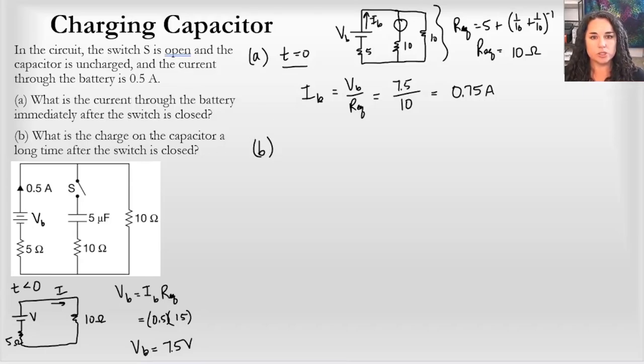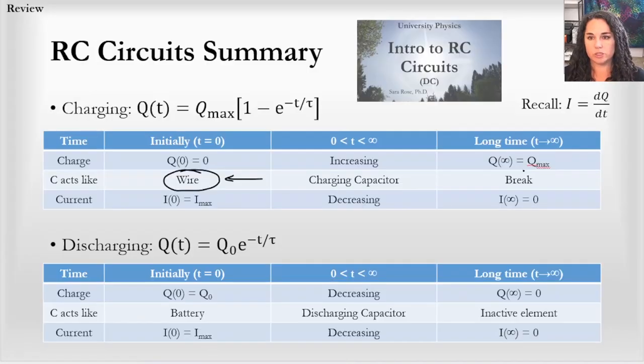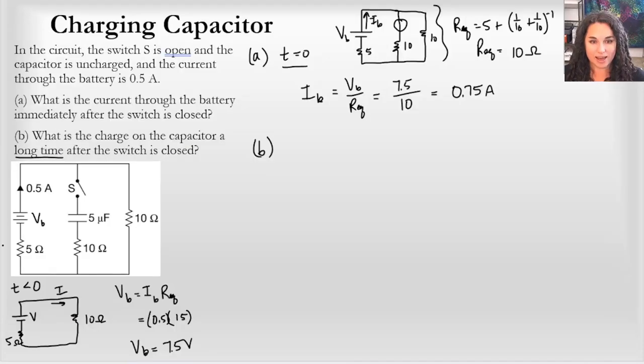It says, what is the charge on the capacitor a long time after the switch is closed? Okay, so let's go back to our chart and see after a long time, after the switch is closed, that capacitor was charging, but after a long time, it doesn't accept any more charge. The current through that is going to be a break, and it'll be maximally charged. So when I draw this circuit again,